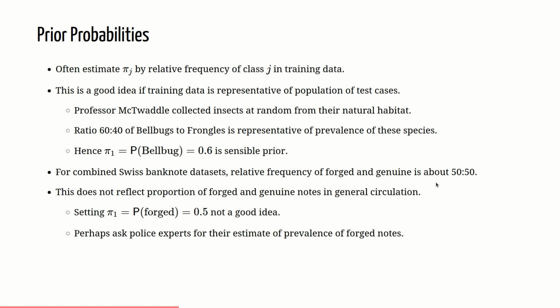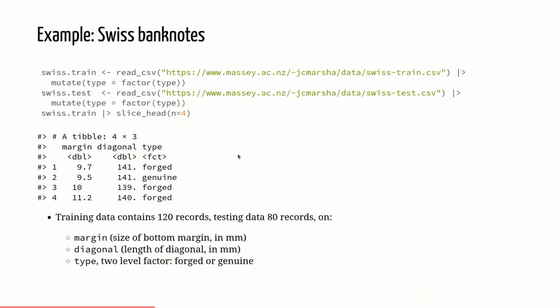What about the prior probabilities? Typically we would estimate them in the same way that we did for bell bugs and frongles. We just use the relative frequency. So how often do we see forged notes and genuine notes? Now that might be a good idea in the insect example, assuming that Professor McTwaddle collects insects at random in their natural habitat, so that you have a good sense of how common a bell bug and frongle are. But it's a very bad idea in our example, because